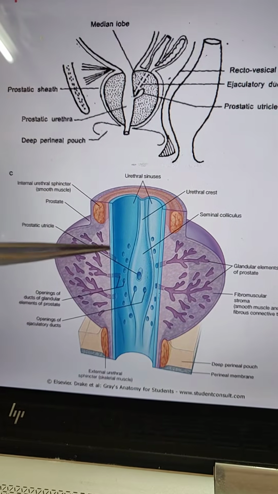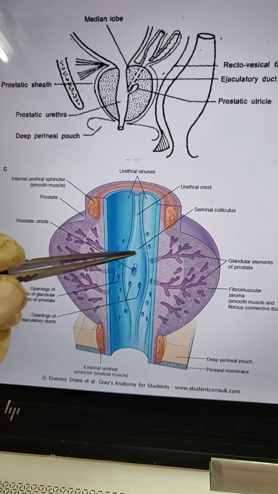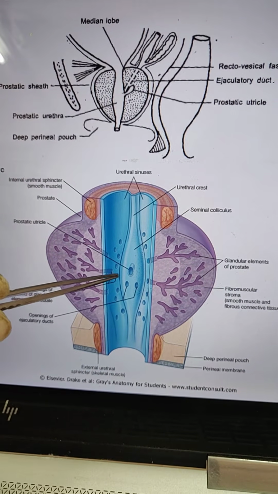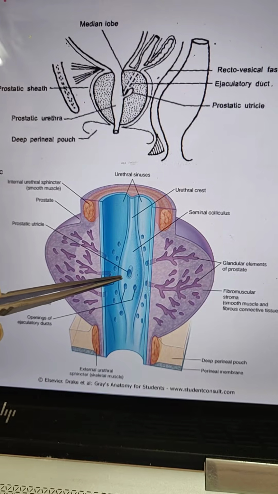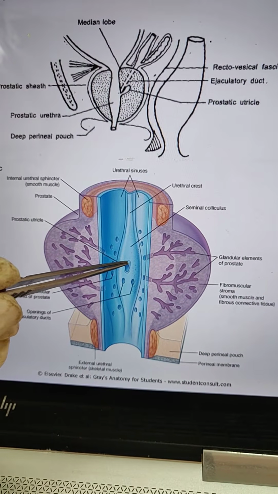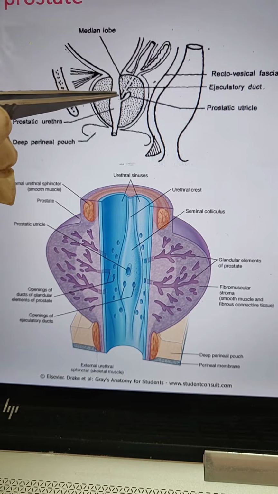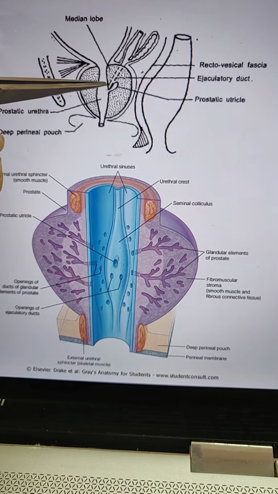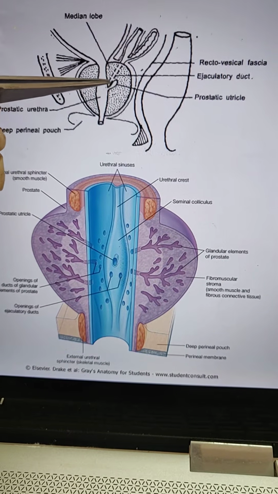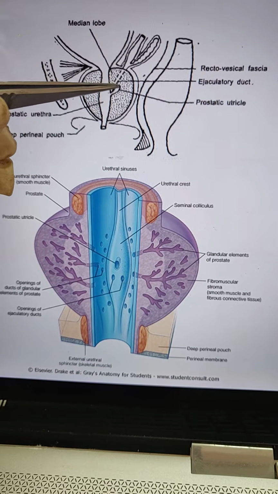In the middle part of the urethral crest or verumontanum there is an area called the colliculus seminalis, and inside the colliculus seminalis there is an opening of the prostatic utricle. It is a blind pouch which lies just behind, between the median lobe and posterior lobe. It goes upwards and backward, and it is 6 mm in length.